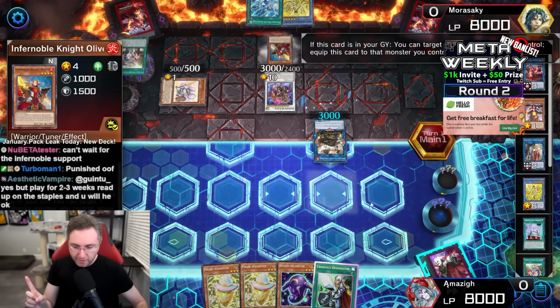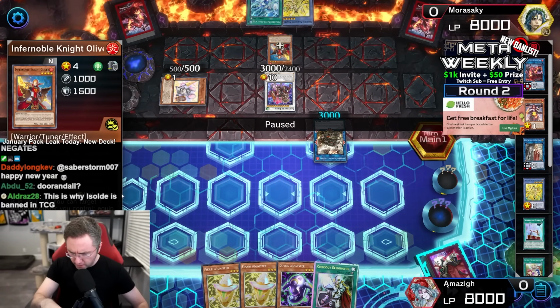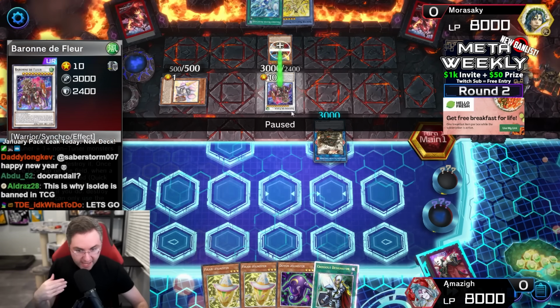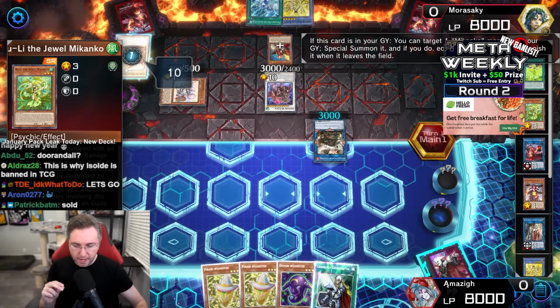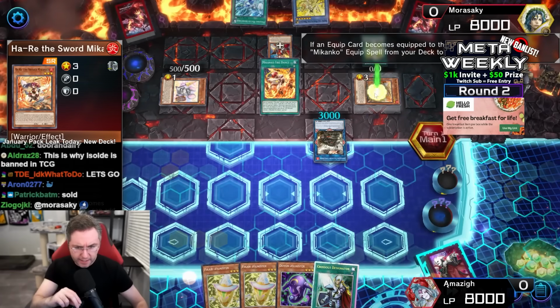We're going to be now using Oliver to equip onto the Baron de Flor, which will make it so, what does it do? If equipped, the monster cannot be targeted with card effects. You can't Imperm the Baron de Flor now. Ceremony sending from the deck to the graveyard the Hugh Lee. Mikanko Dance sent with Isolde will be not reborning the Hugh Lee, summoning a Ha-Ray instead, which will be searching